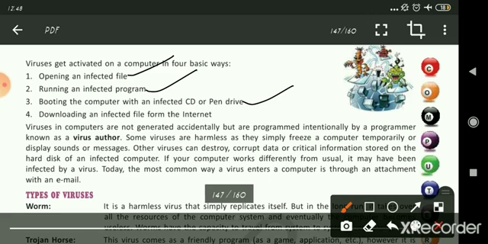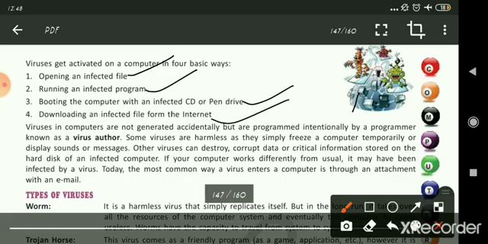Or you are formatting the computer and installing the new Windows software in that, while the other operating system you are having, then also, in that case also, a virus can enter your computer. Downloading an infected file from the internet.